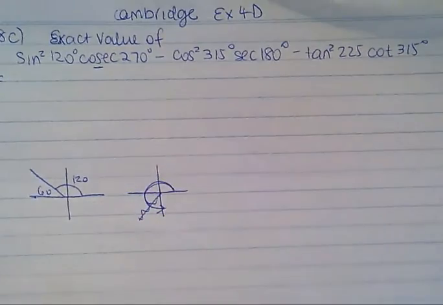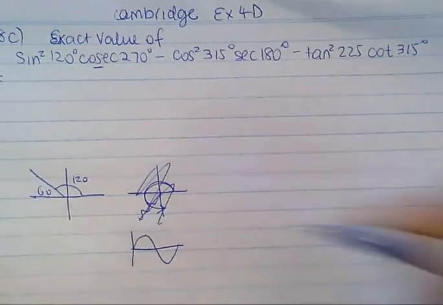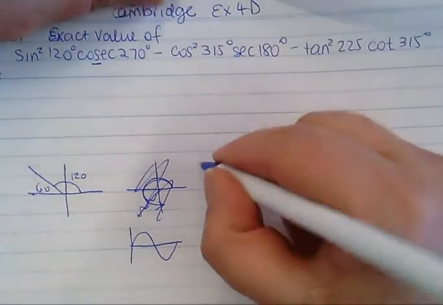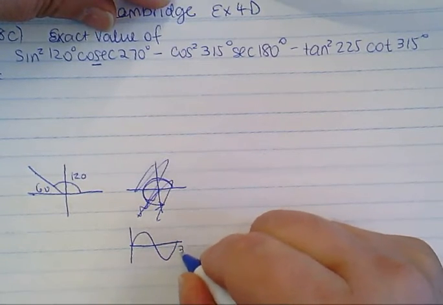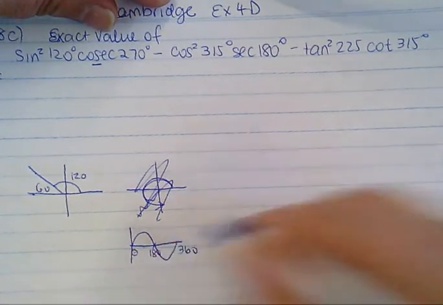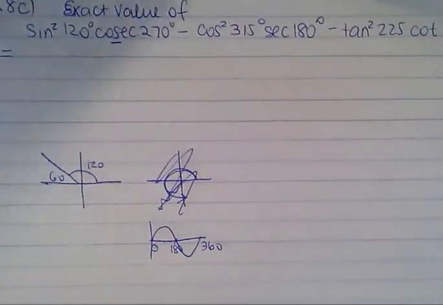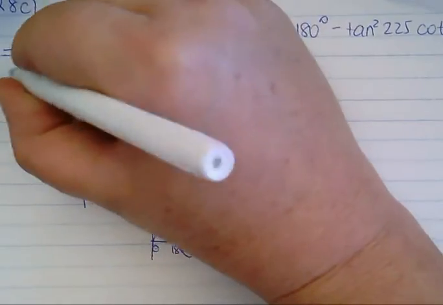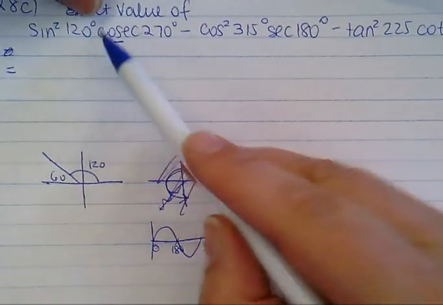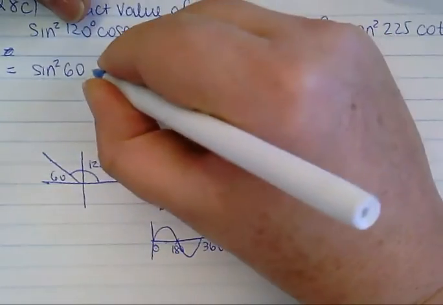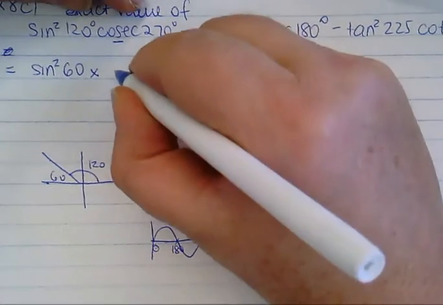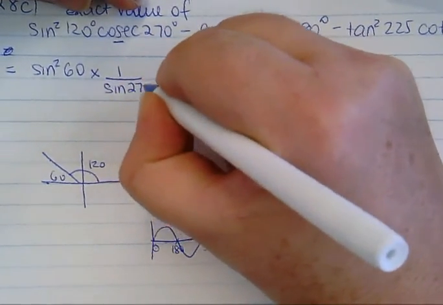If we're ever looking at sine of 0, 90, 180, 270, 360, you don't draw this. You draw the following, the sine curve. I'll do the cosec curve in a minute. So that's 90, 180, 270, 360. That's the sine curve, okay? So what have we got? Sine of 120 is the same as sine of 60, so sine squared 60 times cosec of 270 is the same as 1 over sine of 270